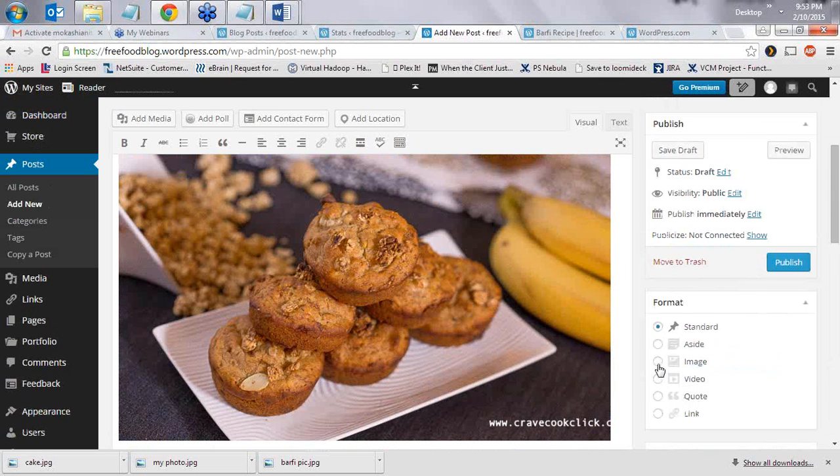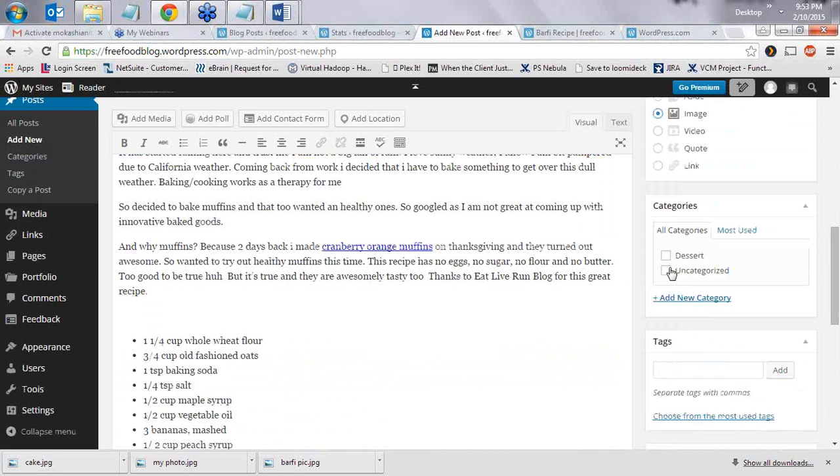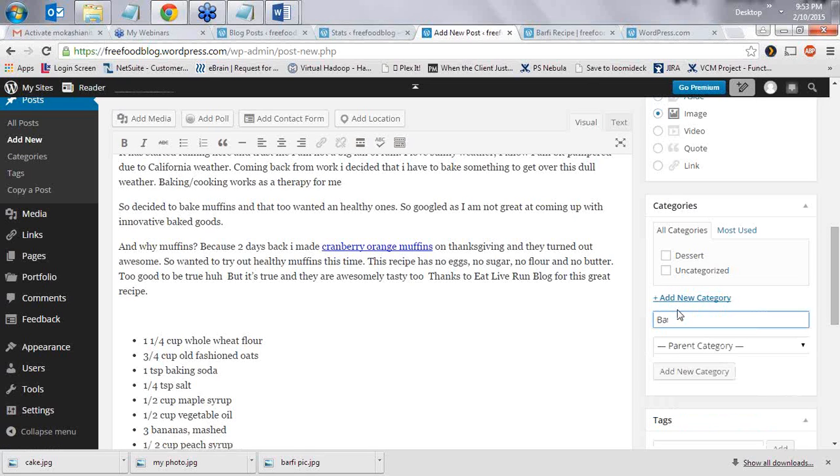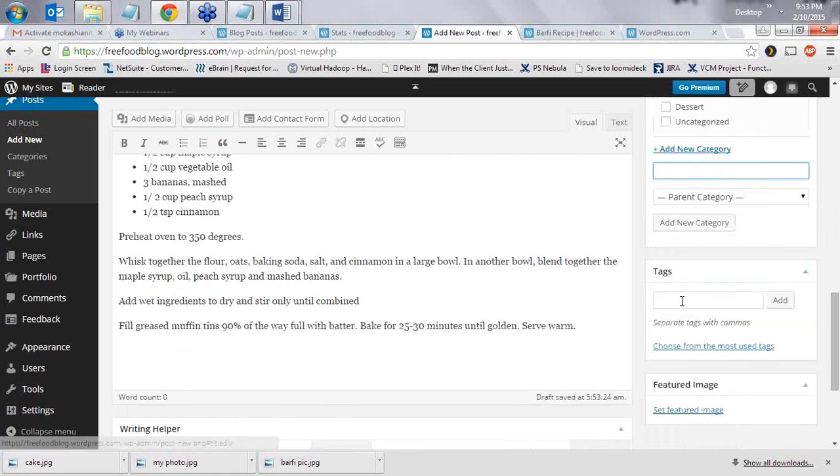Now again, we're going to do a format of image. Then, what category? Maybe I want to put it in baking category. So I'm going to write here baked goods. Okay, add new category, and it's going to be in baked goods. Tags, as I mentioned before, let's tag it as baked goods,